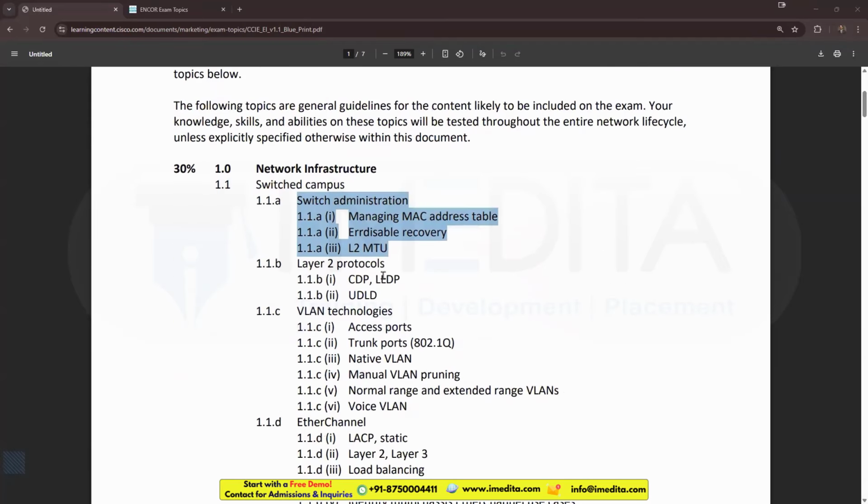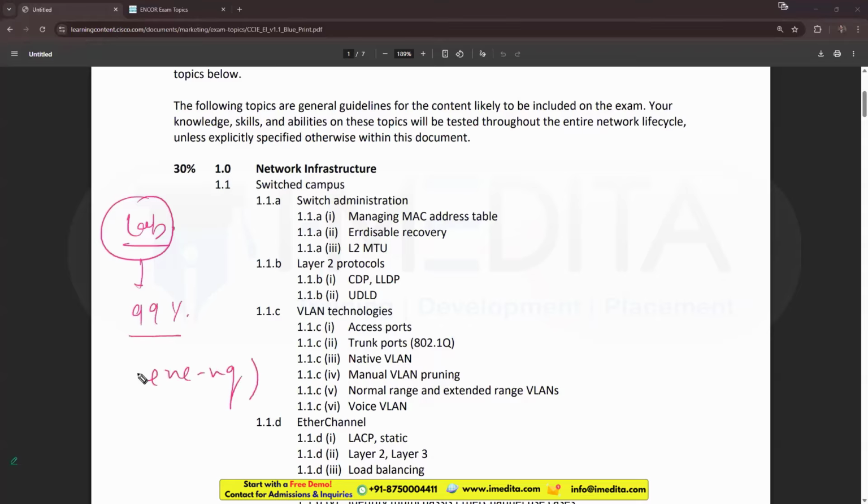So this is the content that we are going to talk about, and from the lab point of view, you can do all the labs of the STP. I would say approximately 99% of the things you can do in the EVNG. You will not require anything else, or maybe a few things work in Packet Tracer and do not work in EVNG, by the way. I generally do not recommend anyone using Packet Tracer, but for a few things you can still use it. I will let you know what exactly are those things, but 99% of the things you will be able to complete in EVNG. Only a few things do not work in the EVNG,